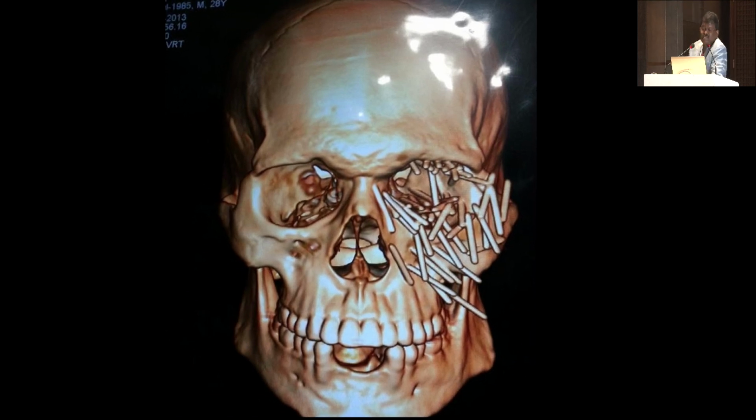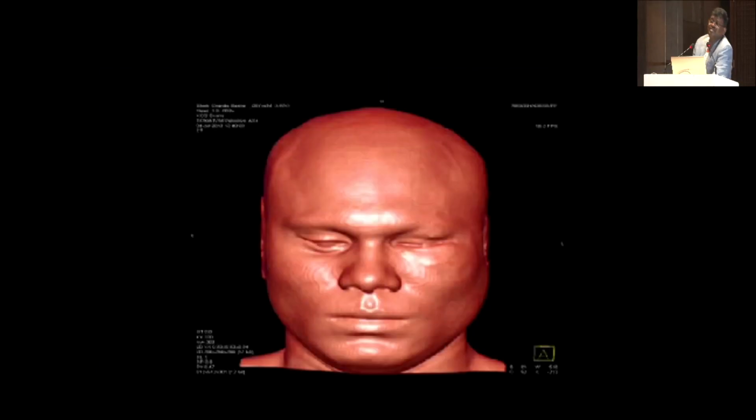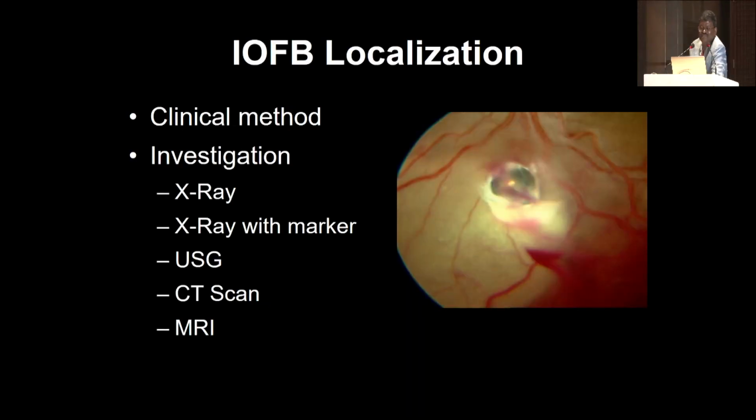When we inquired, actually this is a self-inflicted injury. The history was this guy was not getting married, so he was so depressed, so he was breaking the hypodermic insulin needle and inserting inside the eye. I was telling him, if you would have got married, you would have had pins in both the eyes. So history is also important. Then he was given counseling and treatment. The other eye, we removed the foreign bodies, but we could not revive the vision.